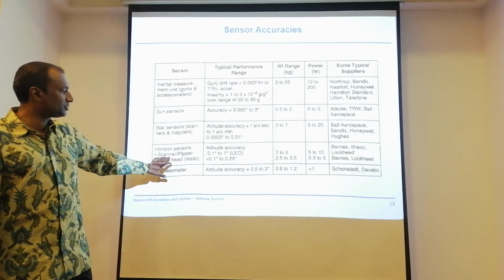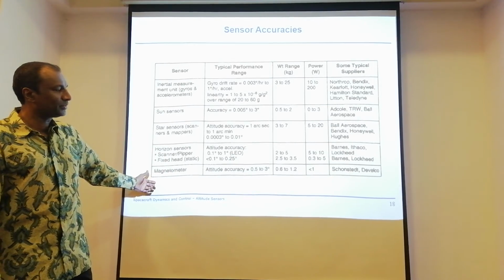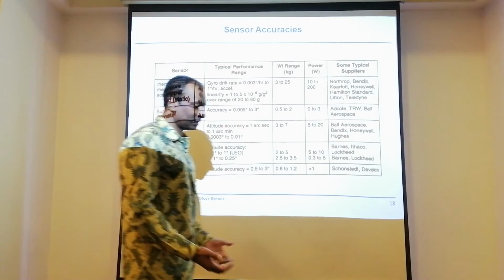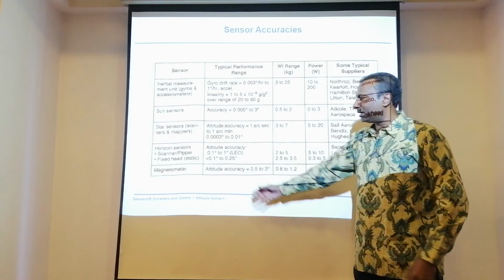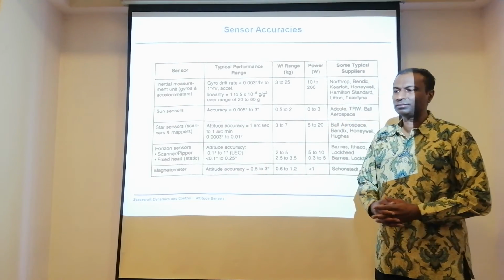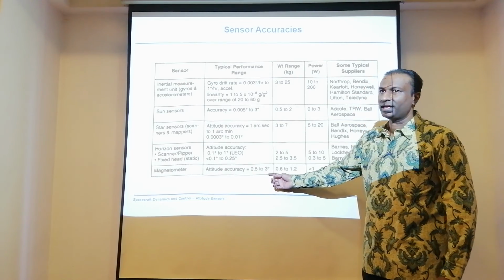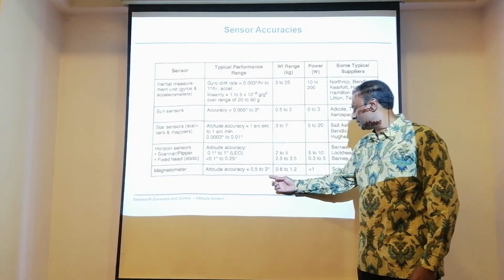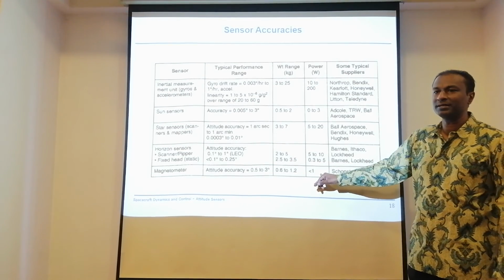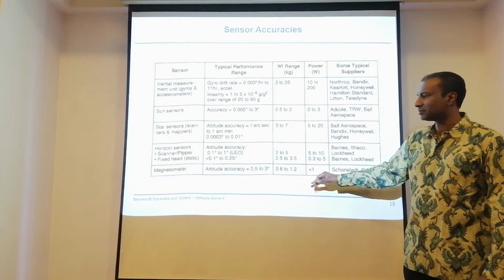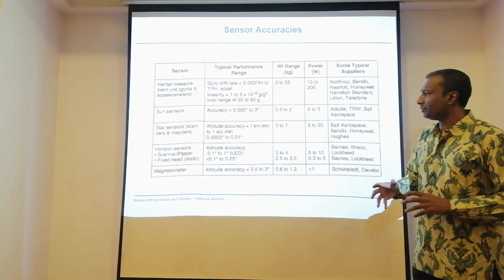Horizon sensors, quite cheap, reliable. Magnetometers are the last in the list. If you are doing any low cost mission, for example a small satellite or a CubeSat, magnetometers might be the most common that we use. Not much accuracy can be expected from these types of sensors. But the beauty is that they have very low power requirements and low cost. Magnetometers are what we always look for. Go on, have a look at it.